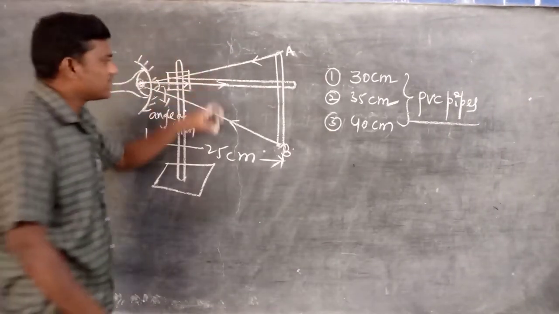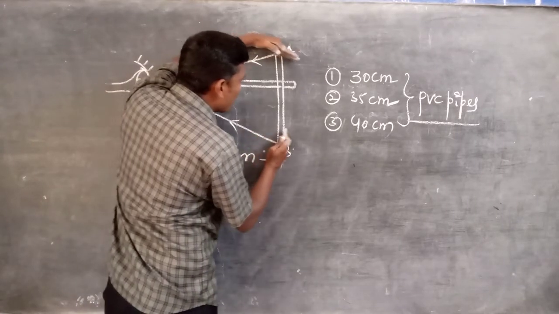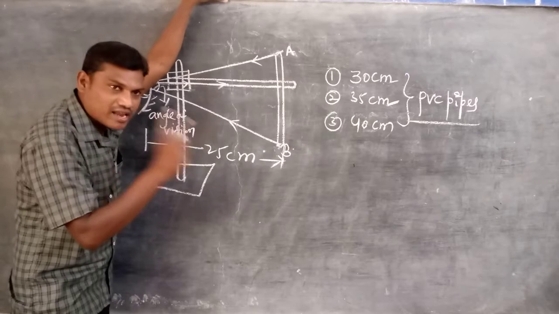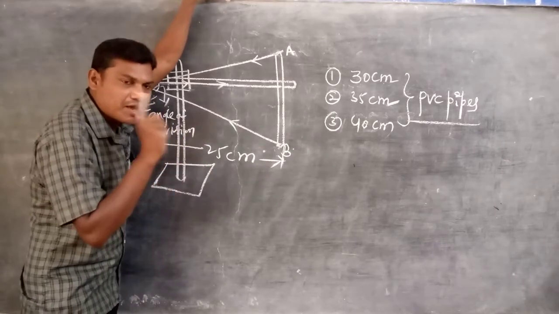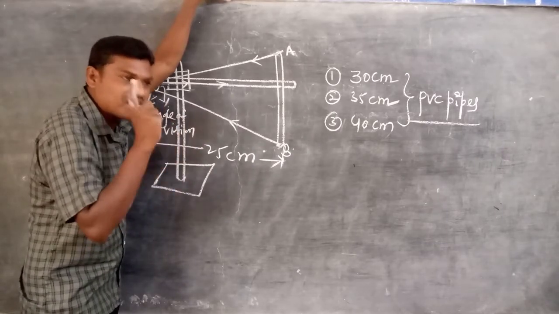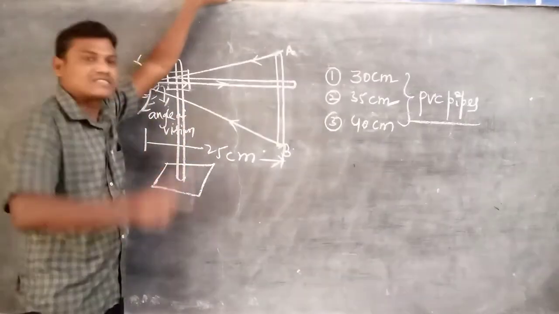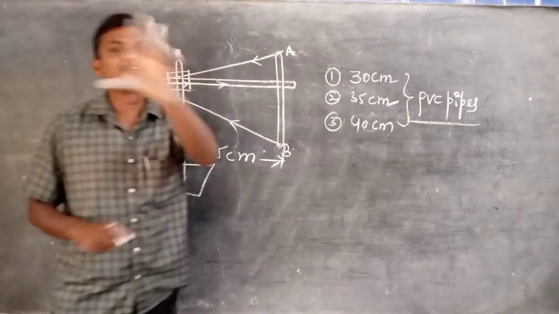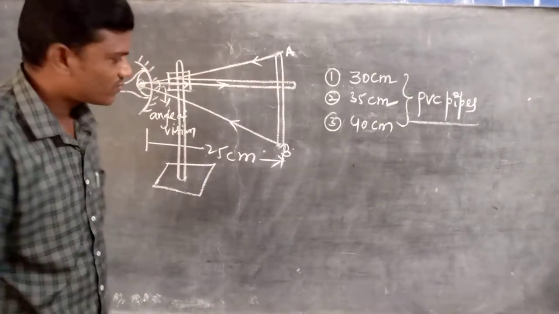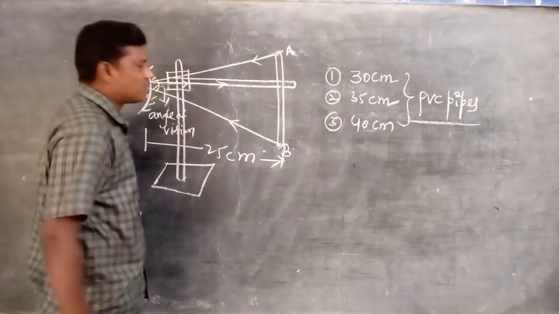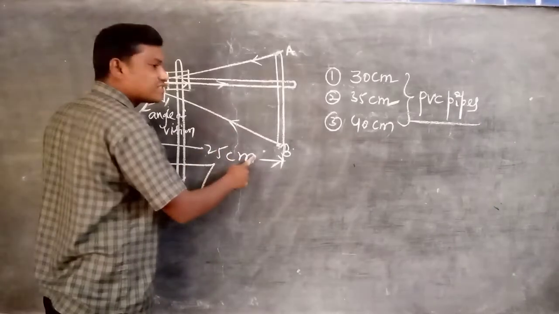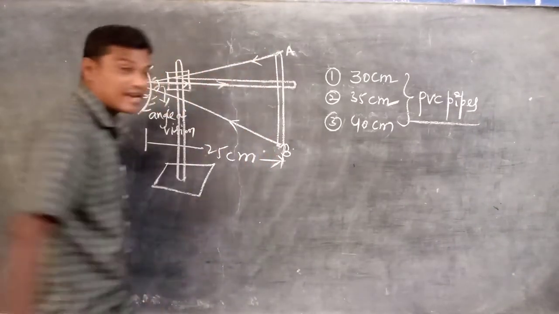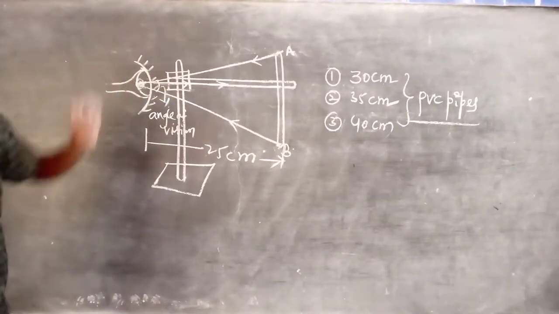If you are not seeing, the object has to be moved away. We know very clearly the minimum distance at which you can see an object clearly is 25 centimeters. That's why the object must initially be kept at 25 centimeters for normal aged people. Now at 25 centimeters, the person cannot see the top and the bottom at a time, that is, the extreme positions at a time.